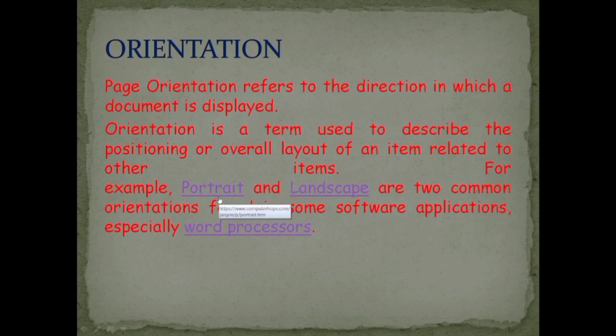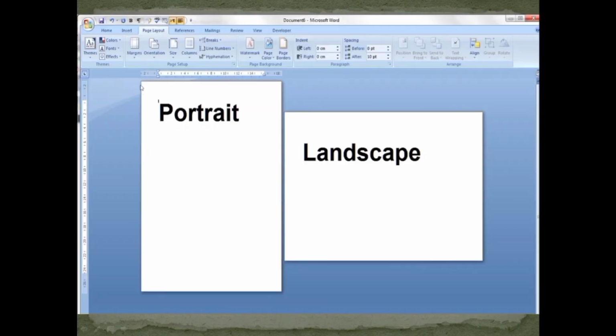For example, we have two types of orientations, the portrait one and the landscape one. These are the common orientations found in software applications, especially in word processors. Here you have seen this is the portrait view of a document and this one is the landscape view, the horizontal one and the vertical one.